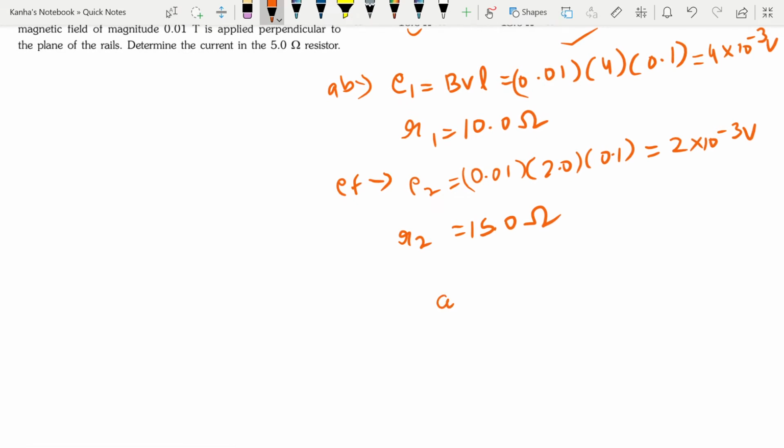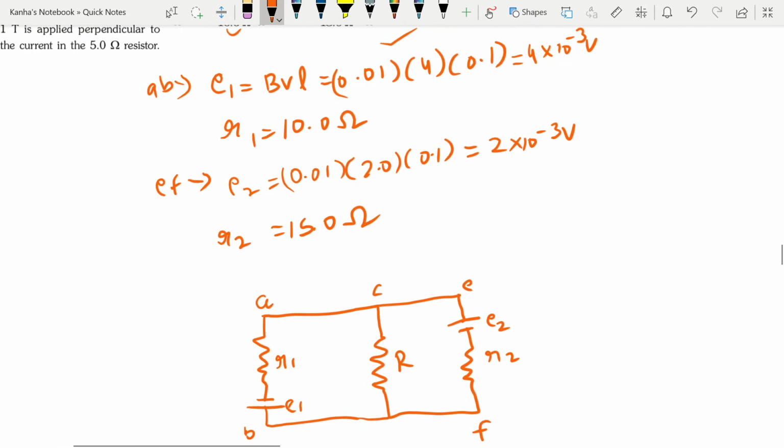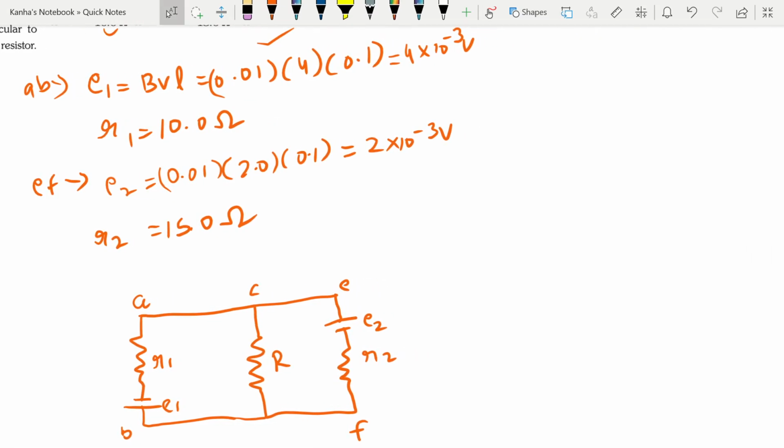I have A here, then I have an internal resistance, I have a cell, this has an EMF E1, this has a resistance R1, then it goes here, then you have a resistance R. Okay, this is point C, then this is point E, then this is a cell again, then there is a resistance, and you connect it using this. Okay, this E2, this is R2. Okay, with this in the question.